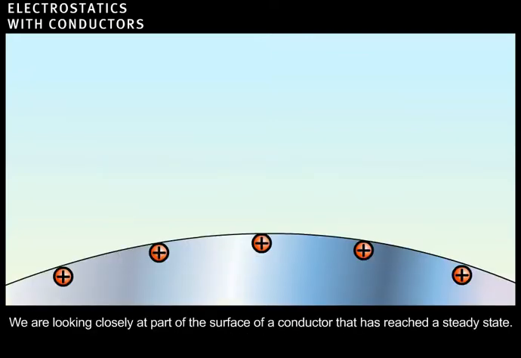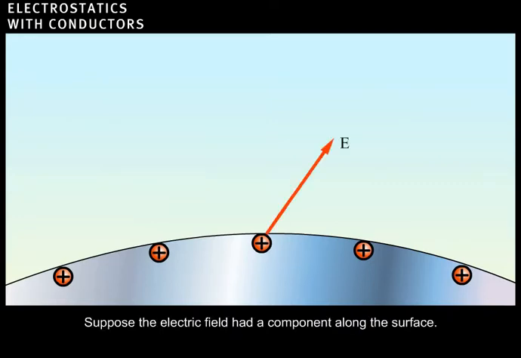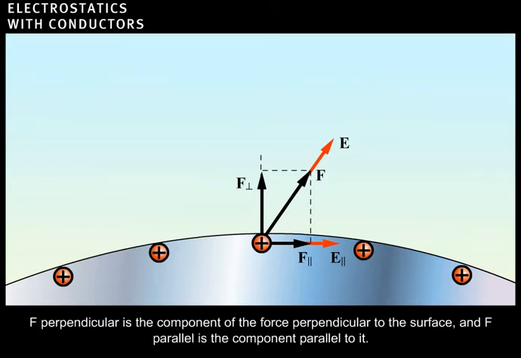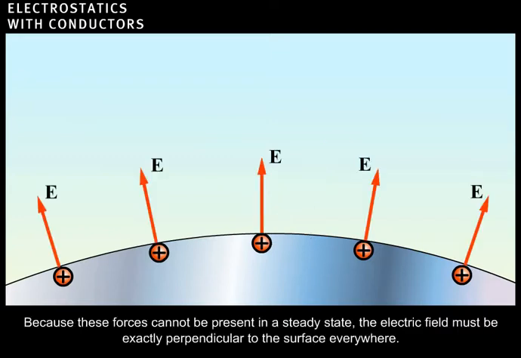We are looking closely at part of the surface of a conductor that has reached a steady state. Suppose the electric field had a component along the surface. In the presence of this component, a component of the force on the charge directed along the surface would also be present, and this would accelerate the charge. F perpendicular is the component of the force perpendicular to the surface, and F parallel is the component parallel to it. Because these forces cannot be present in a steady state, the electric field must be exactly perpendicular to the